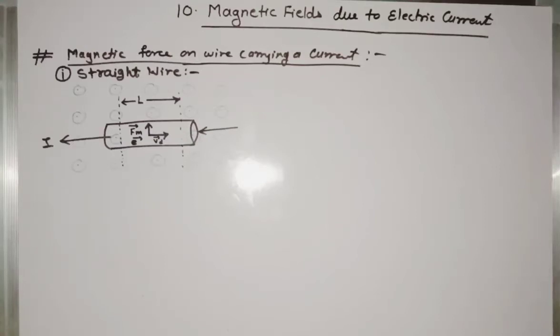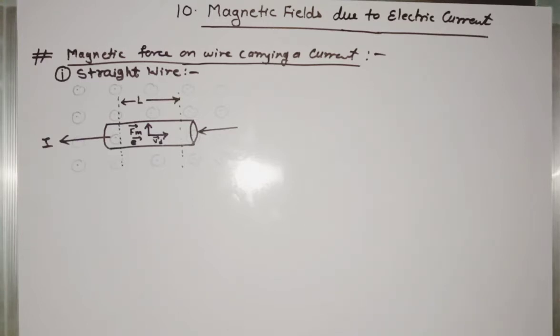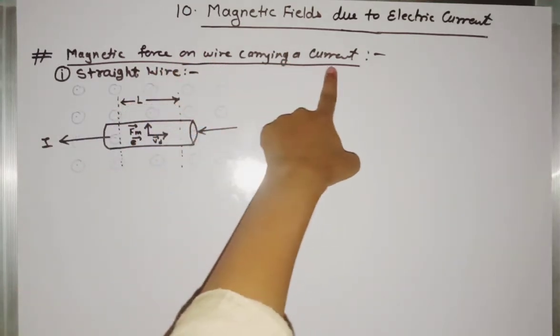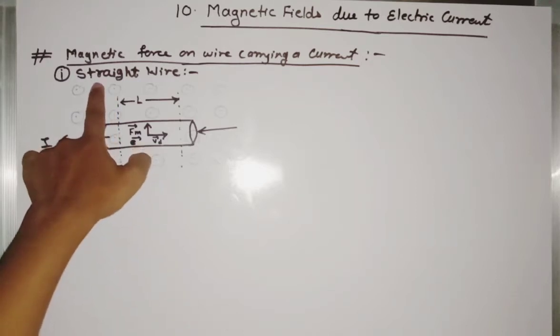Hello students. In this session we are going to see a point from the chapter, magnetic field due to electric current. One of the points given in your chapter is magnetic force on a wire which is carrying a current. Now in this video we are going to see the derivation for a straight wire which is carrying a current I,